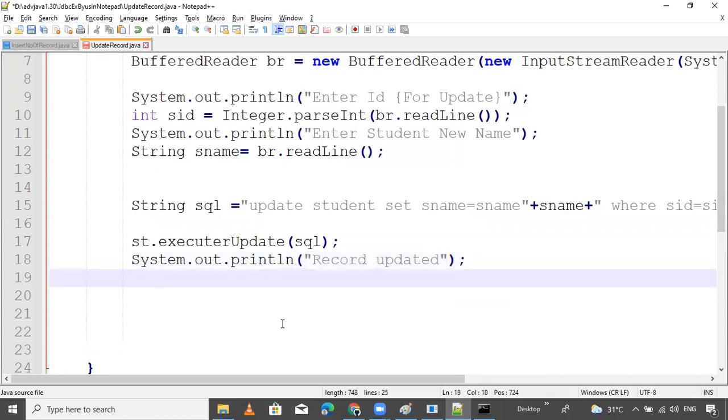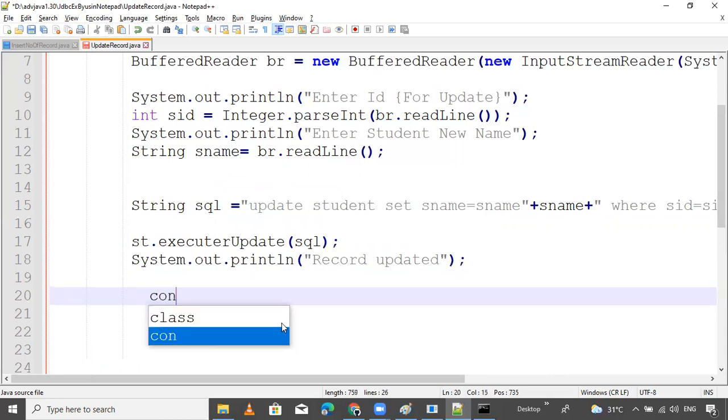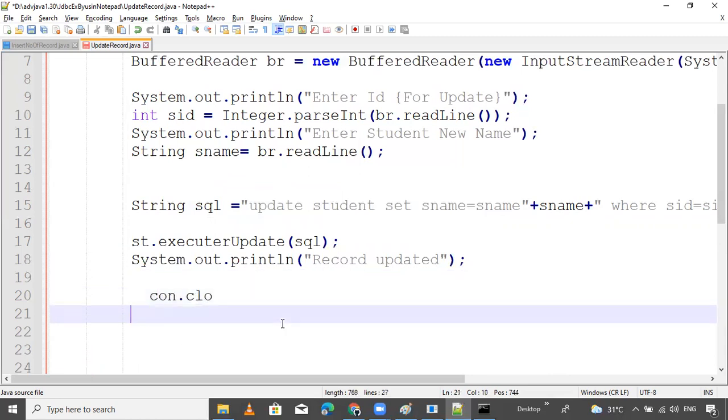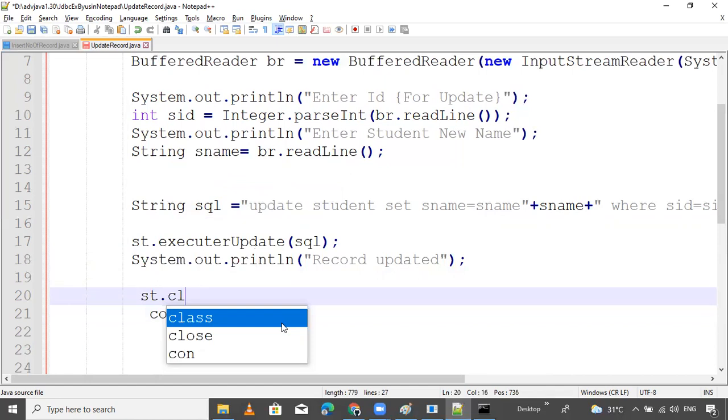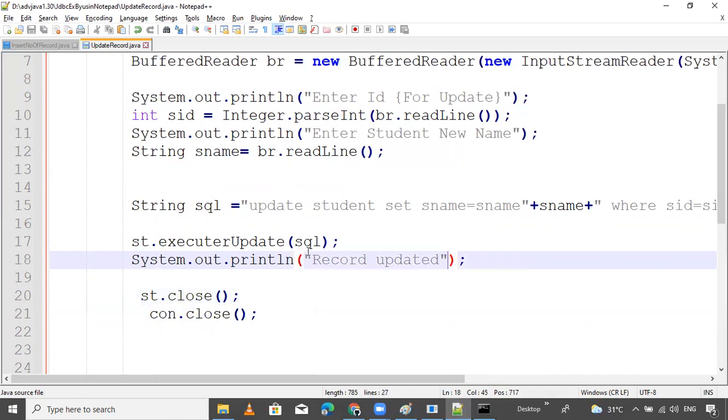Close the connection, con dot close, and the statement, st dot close. Now the program is ready for execution. Here you can print or otherwise it is not required.